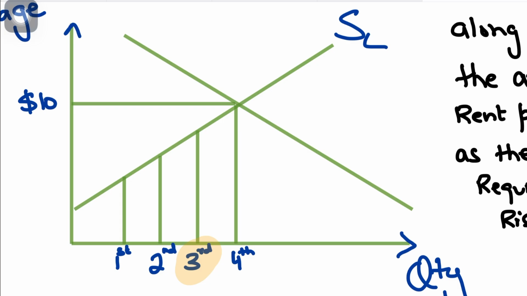If the transfer earnings for the third worker are much higher, let's say $9, it means that's the bare minimum you need to pay the third worker to bring him into work, which means that he might already be earning $9 somewhere else. So at least pay him what he was earning somewhere else, right? So the opportunity cost for leaving that occupation would be $9 for leaving that job. So that's the bare minimum that you need to pay him, right?